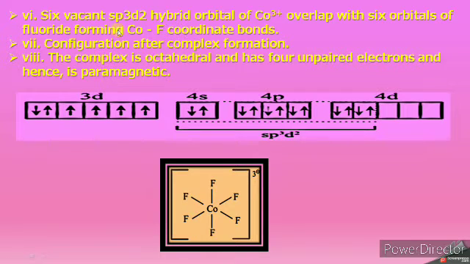And as the hybridization is sp3d2, the structure is octahedral. In previous case, it is d2sp3, geometry remains same, that is octahedral. But if it is d2sp3, that is inner complex, and this is sp3d2, so it is outer complex. That is the difference. Then let us see the next example, formation of